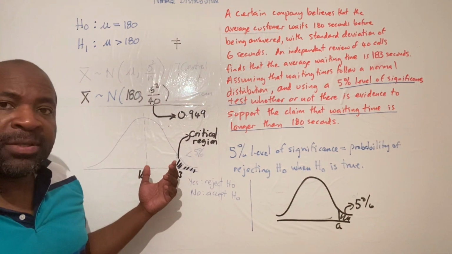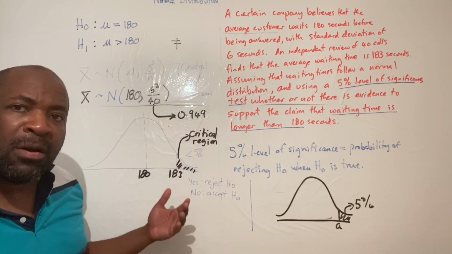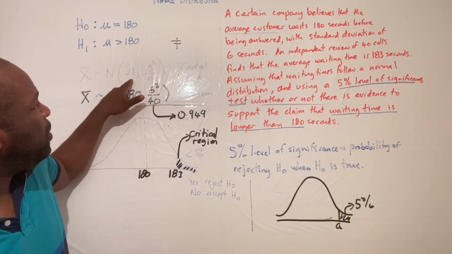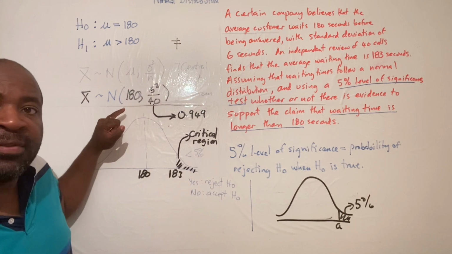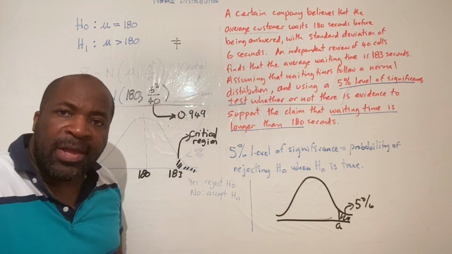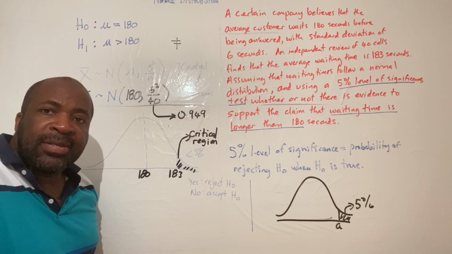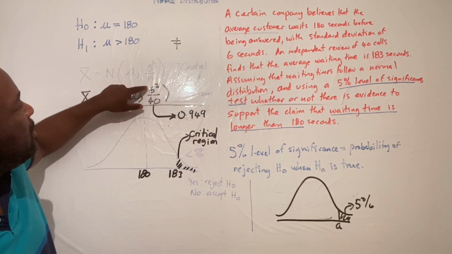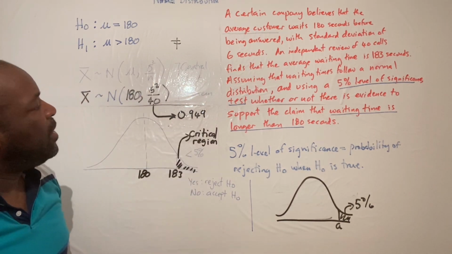And according to the central limit theorem, regardless of what the distribution of x is, x bar, the sample mean, always follows a normal distribution with mean mu and variance sigma squared over n. In the context of this problem, mu would be 180, sigma would be 6, the standard deviation, and n is the sample size 40. When we evaluate the square root of 6 squared over 40, we will get 0.949 to 3